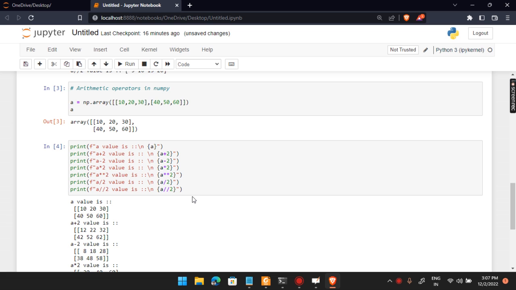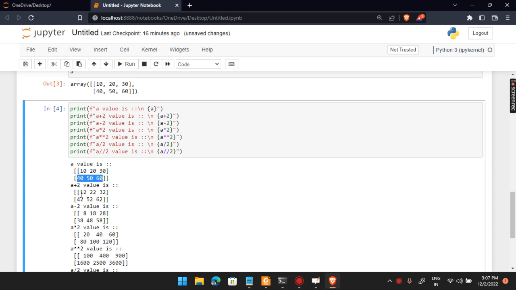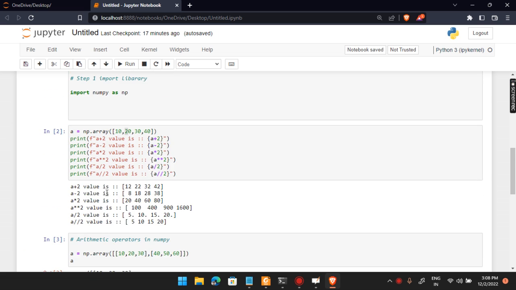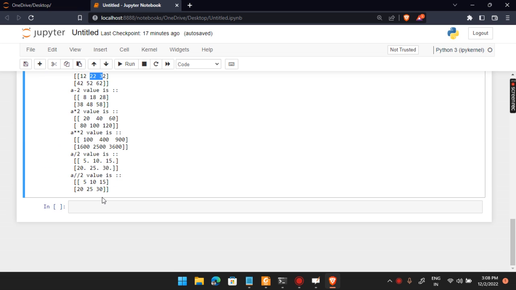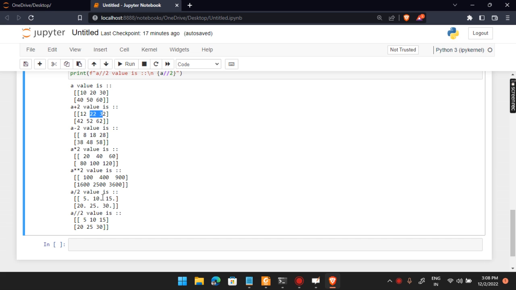Now see, 10 20 30, right? 40 50 60. Now see, is this the same thing we are drawing here? 10 plus 2 is 12, 20 plus 2 is 22. The same thing is working fine, right? Arithmetic operator. So just observe here, the 2-dimension array is also the same thing, right? So now